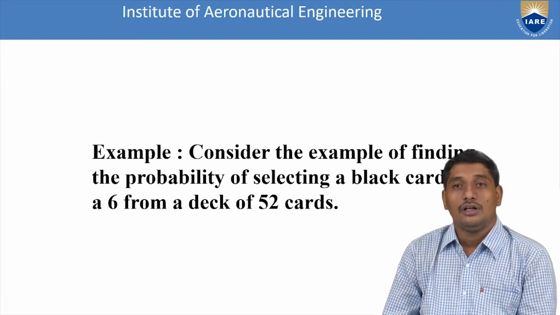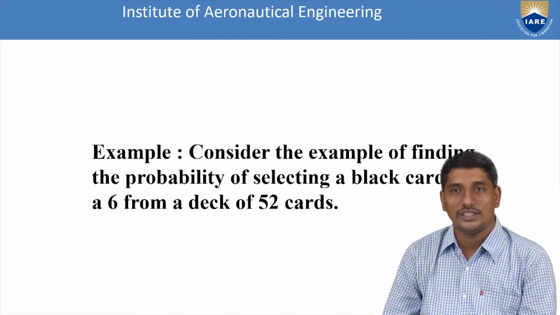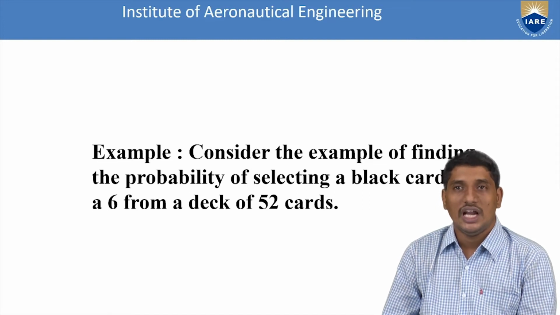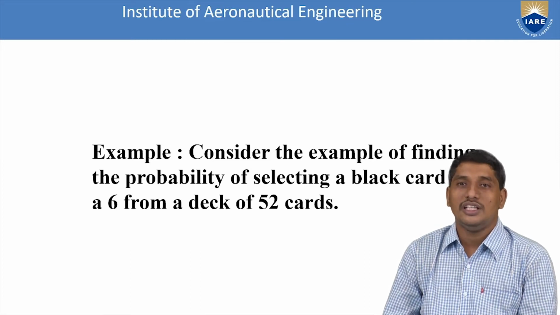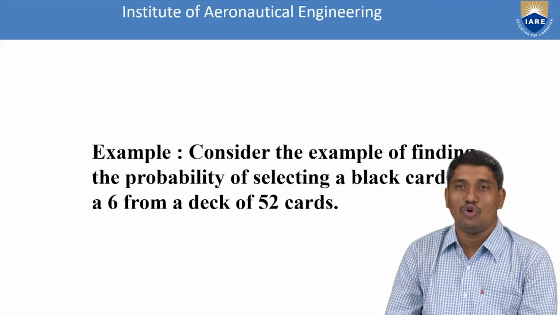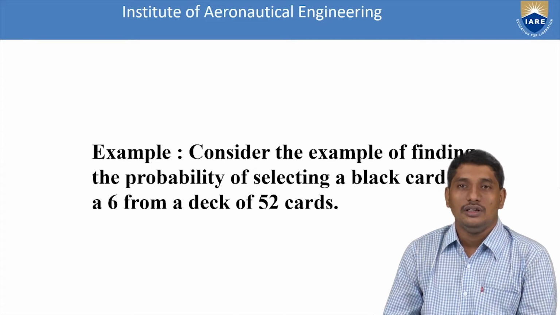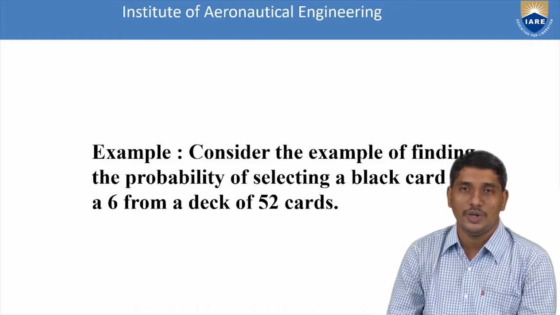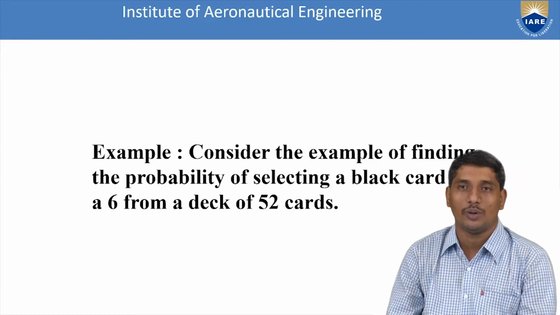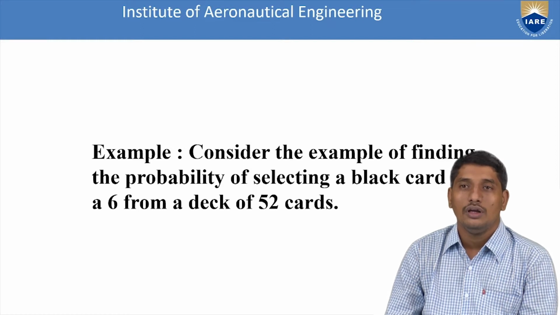That means the first card is called ace, the 11th card is called jack, the 12th card is called queen, and the 13th card is called king. So automatically there will be 4 kings, 4 queens, 4 aces and 4 jacks. Namely, the spade king, heart king, club king, diamond king. In the same way, spade queen, heart queen, diamond queen, like that we can divide. There are 4 kings, 4 aces, 4 queens and 4 jacks.